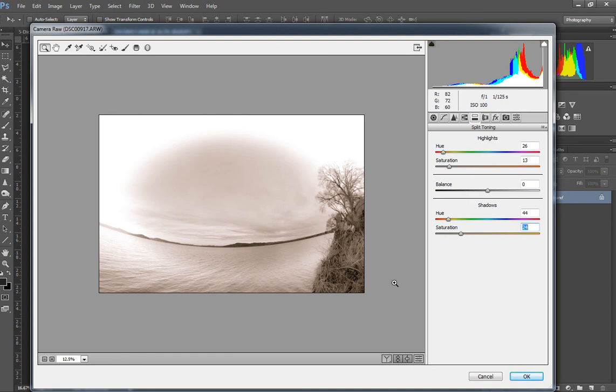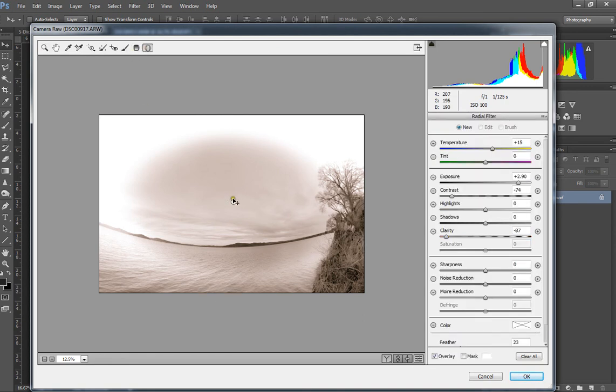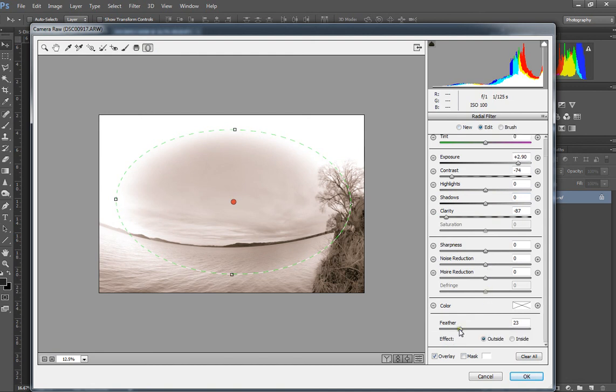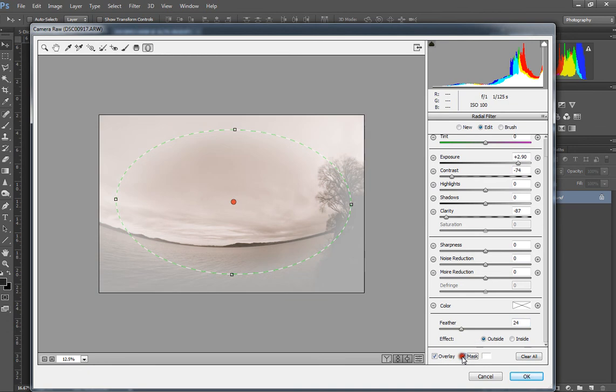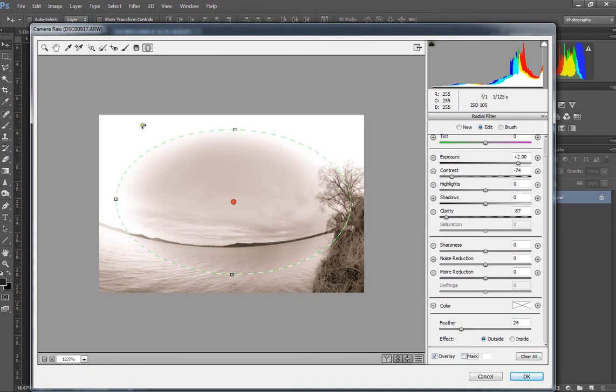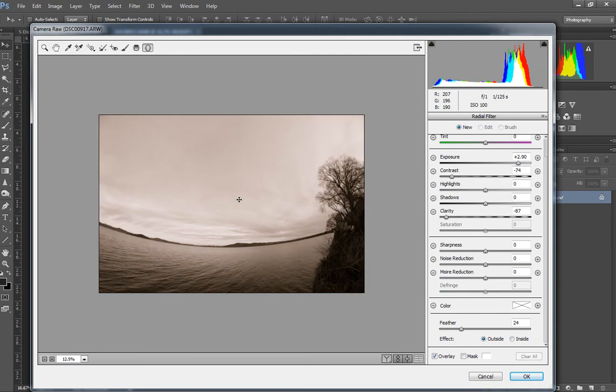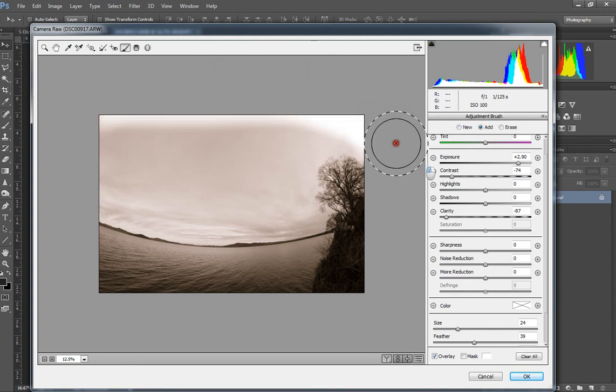But in this case it's not gone and painted in the outside of that. Learned something new. So because it's not given me the effect on all of the image that I wanted, let's get rid of that, and let's show you how to do it with a brush. So we'll just paint in,